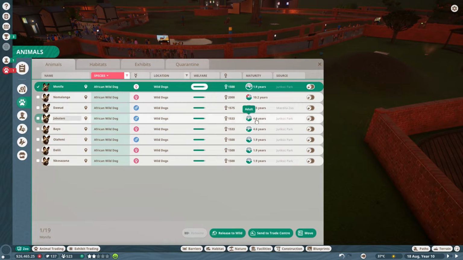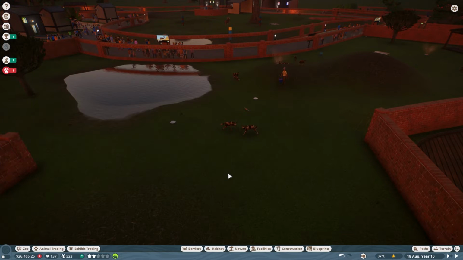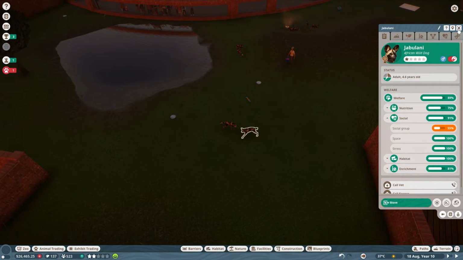We're probably going to want to... You know, I'm going to do contraception for now. Just make sure that they stop having babies for the time being. And we're probably going to have to ship some of these puppies off. So, this one, Bayo. Let's go check and see some of these stats, shall we? I wish that I could actually see their stats from this page, but... Here we go. If I look here...